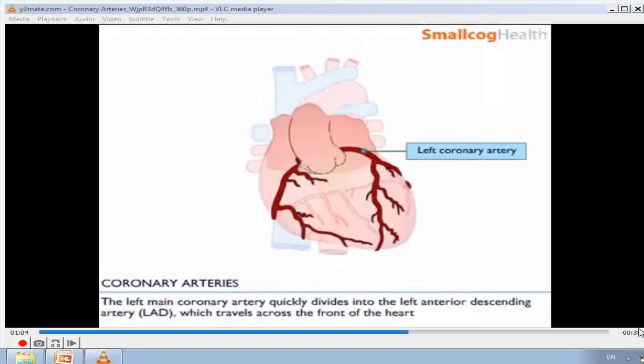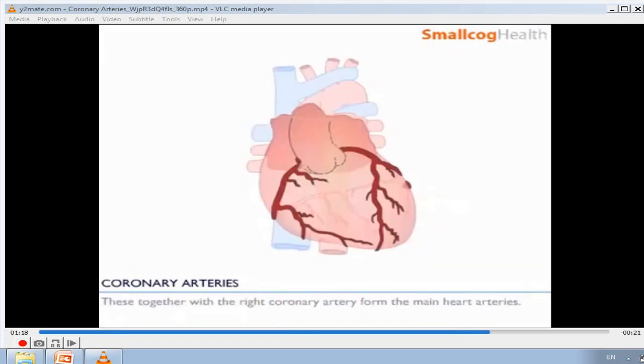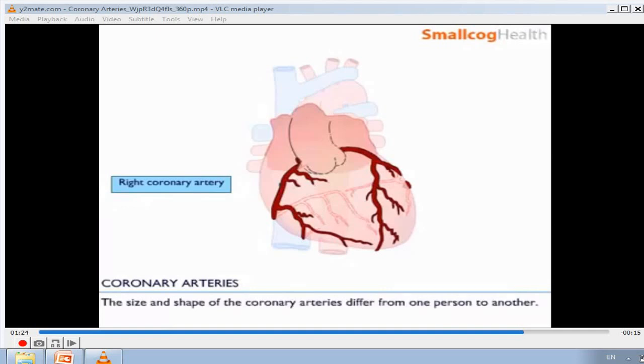The left main coronary artery quickly divides into the left anterior descending artery, LAD, which travels across the front of the heart, and the circumflex artery, which runs round the back of the heart. These, together with the right coronary artery, form the main heart arteries. The size and shape of the